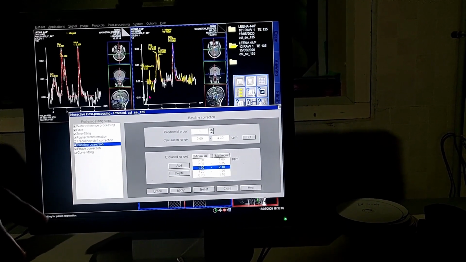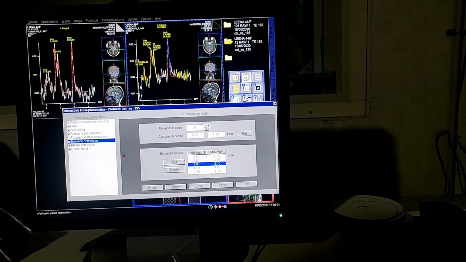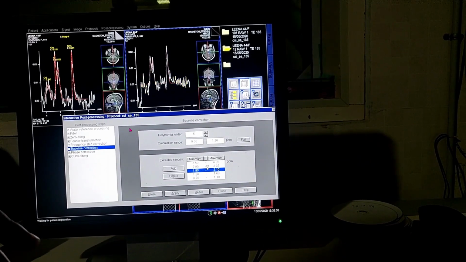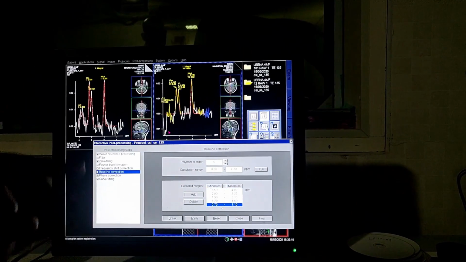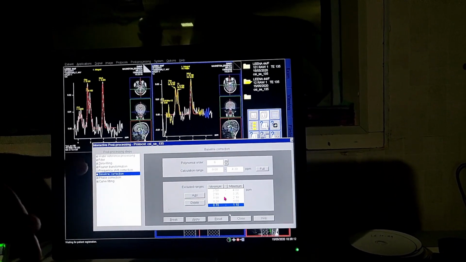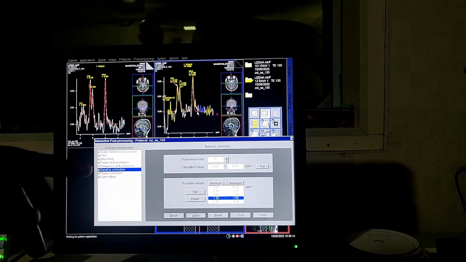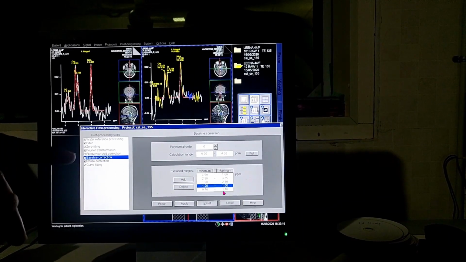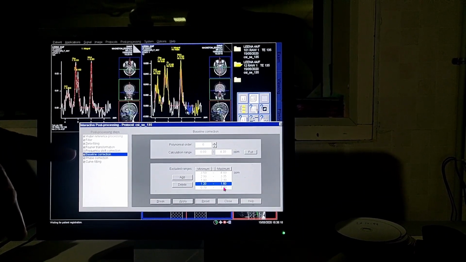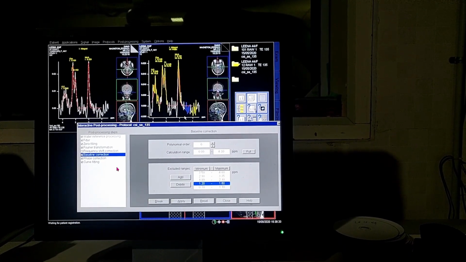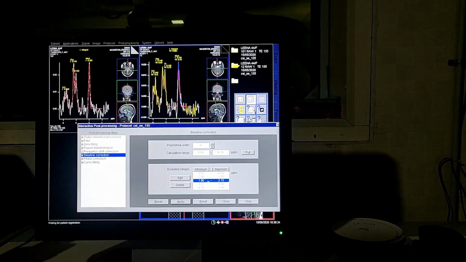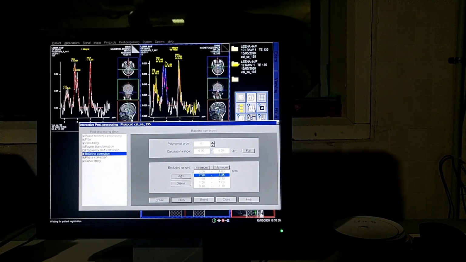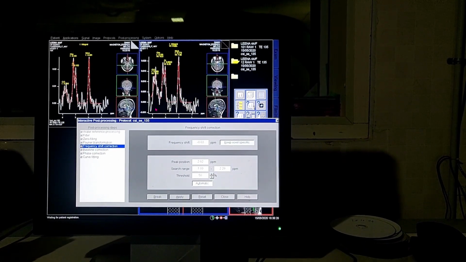Then when you select these things, the ranges which were excluded will be highlighted. So that's how things are done. Once you put the baseline correction, the taller negative peaks are removed and the positive peaks are very well clearly seen. Okay, so that's the thing.